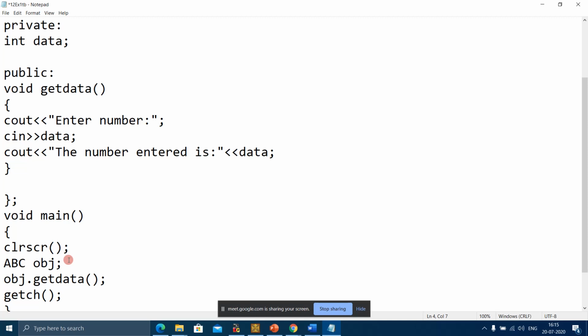We can see it if we compare it with real world entities. Or we can say the example which is mentioned in your textbook is the classification of animals.